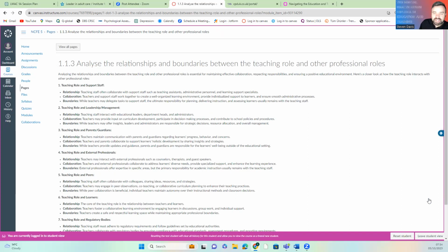So you need to analyse the relationships and boundaries between the teaching role and other professionals. So again here, you're looking at your role. And then when we talk about other professionals, we're talking about that refer-on piece we just talked about earlier. So it may be welfare support, it may be social services, you've got educational care plans, it may be doctors that you're referring people to, it may be police, whoever you're working with and those other professionals. But look at how you can work together, how you can collaborate, how you can support each other